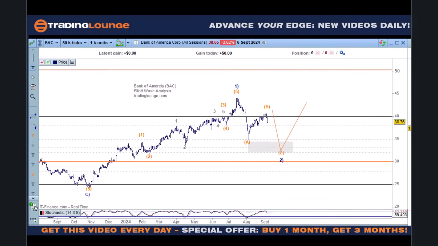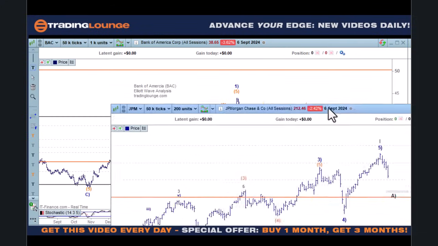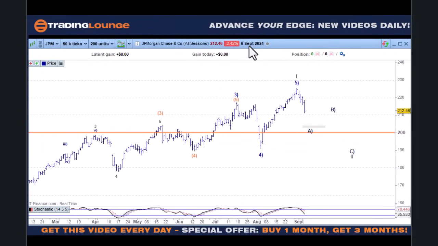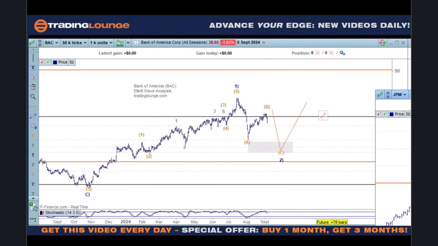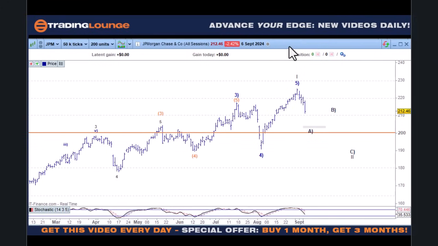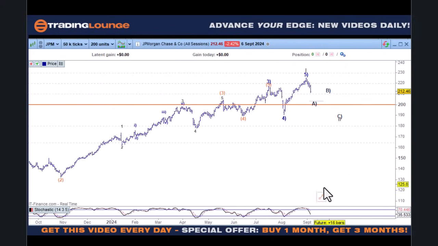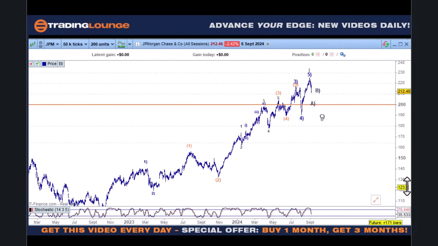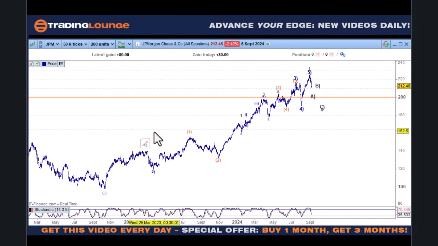And one of the other reasons for this too is that if we look at Morgan's, because Bank of America is lagging and this is a leader here, it's good to look at both of them. And as a leader here, we have 5 waves up, so we can label this going back from 100 roughly here, counting up as 1 and 2 and 1 and 2, and it gets a little bit complicated, but 1 and 2 and 3, 4, 5, for the third, the fourth and the fifth, and put a top in here.